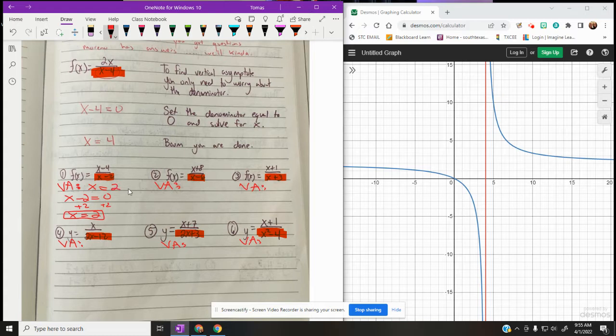Now, why is this important? Okay, why is it 2? Well, the reason it's 2, and the reason this one up here was 4, let me do the example. The reason that this one up here, my example, was 4 is because we have to think about something. If I was to plug 4 into my x, I would get 4 minus 4. So on this problem, I would get 2 times 4 over 4 minus 4, which is 8 divided by